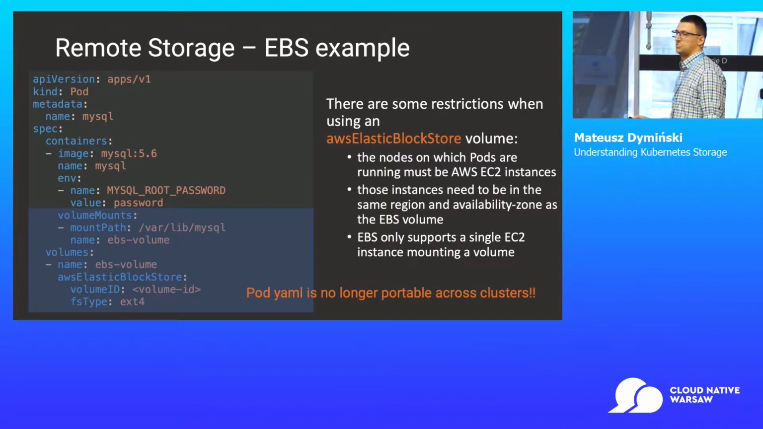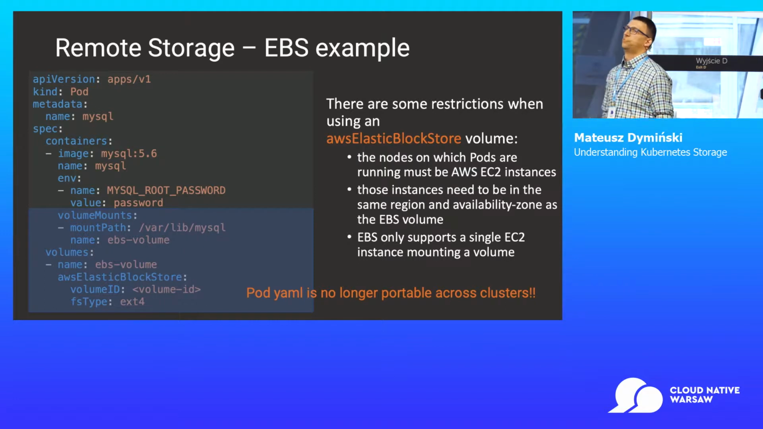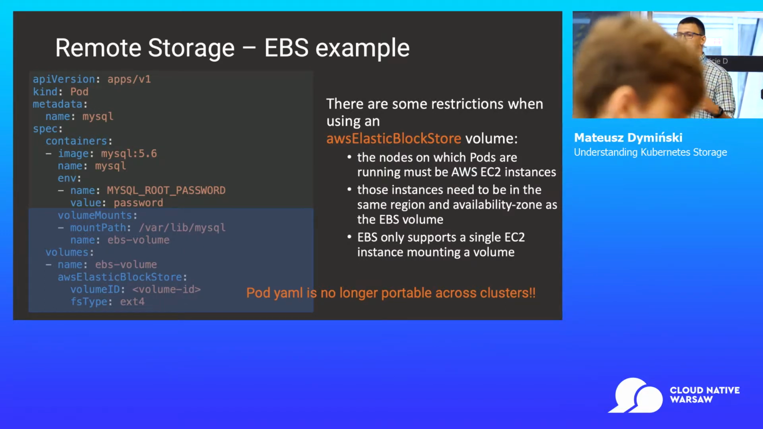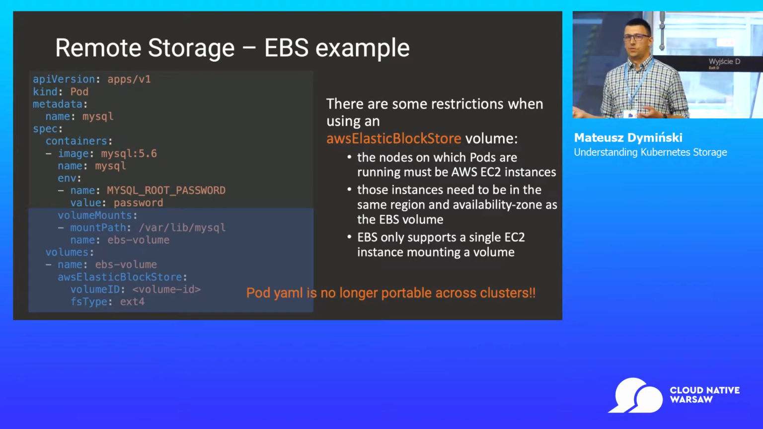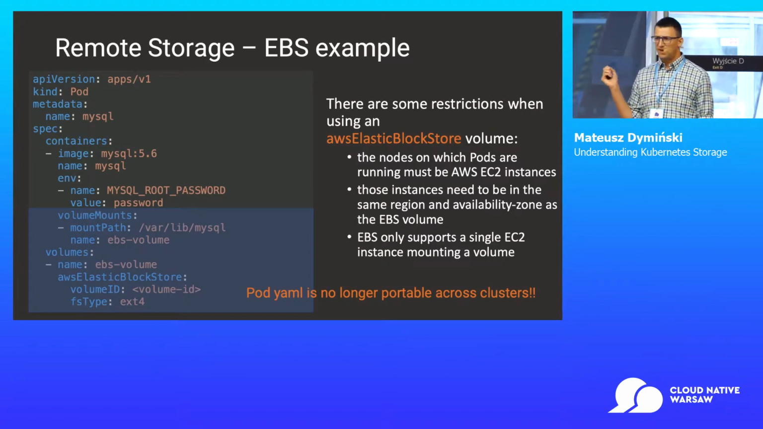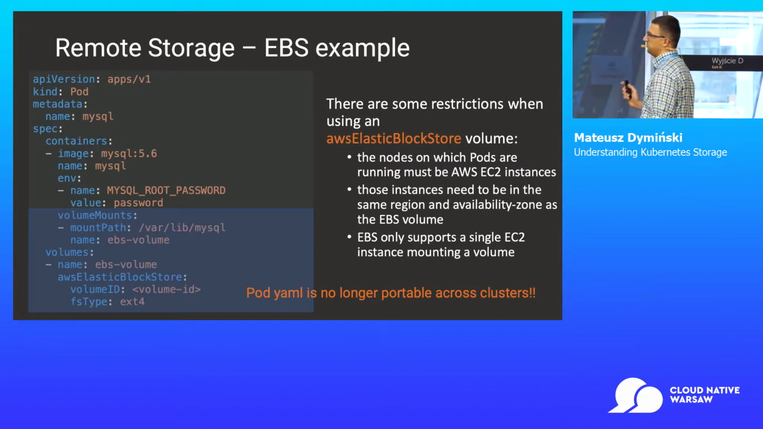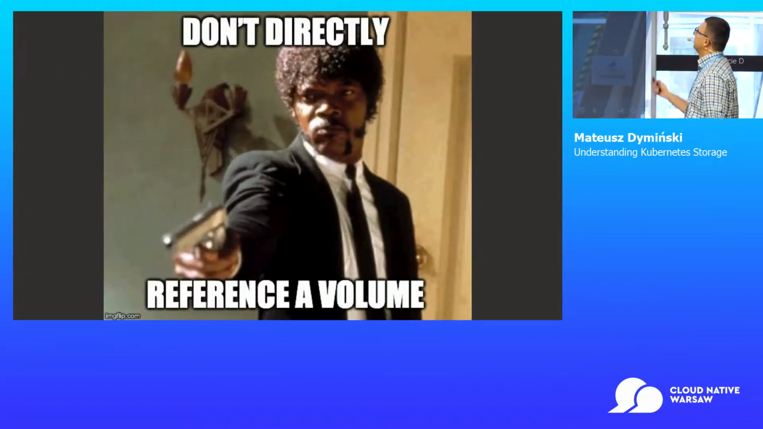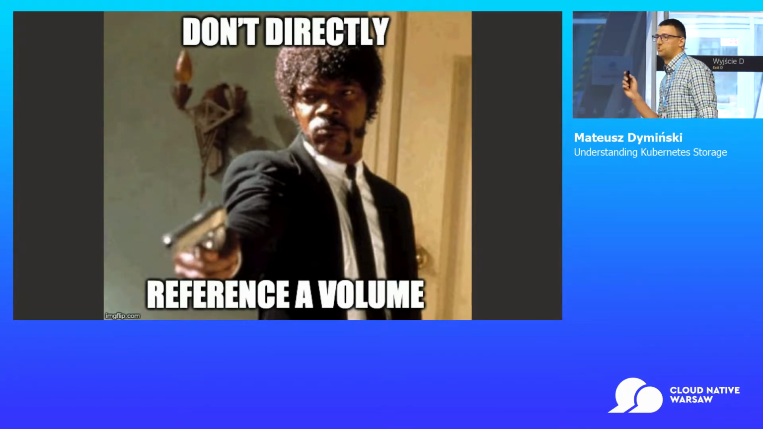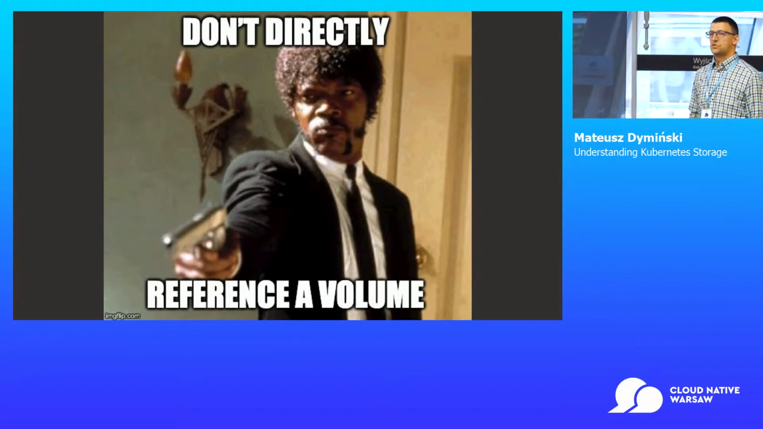And the biggest advantage and the biggest key principle of Kubernetes is this workload portability. So write once and deploy everywhere, okay? And this file breaks this, okay? So now we've got this EBS, and now we can only run this in the Amazon cloud, okay? So it's problematic. So don't do that, okay? So don't directly reference a volume. It's a bad idea, and there are some other approaches,